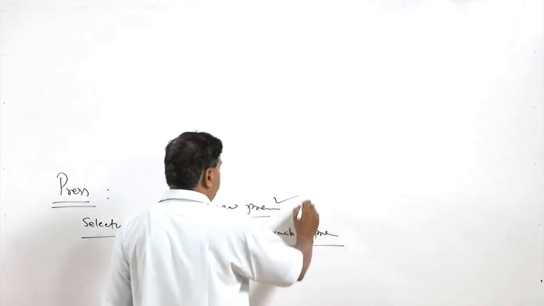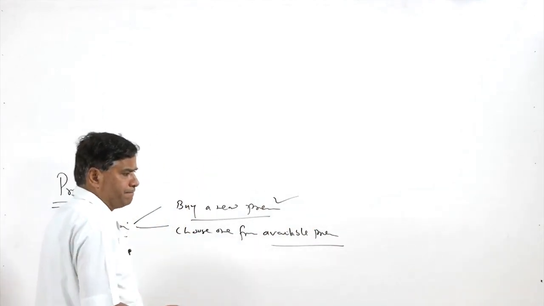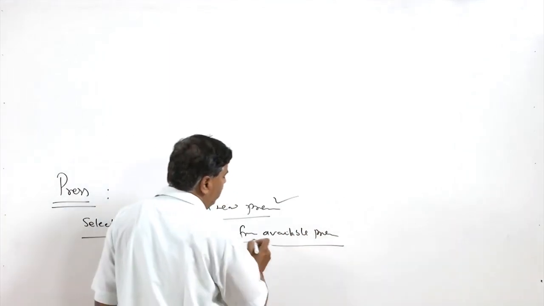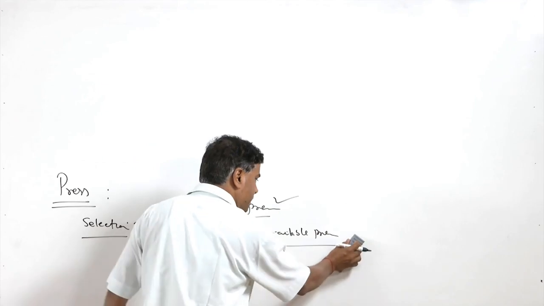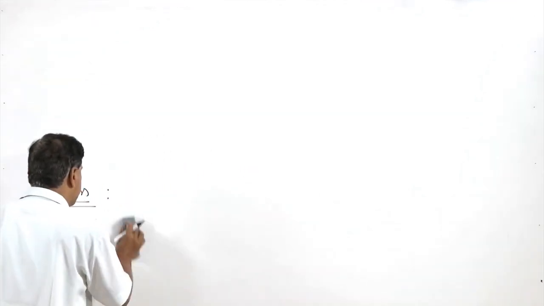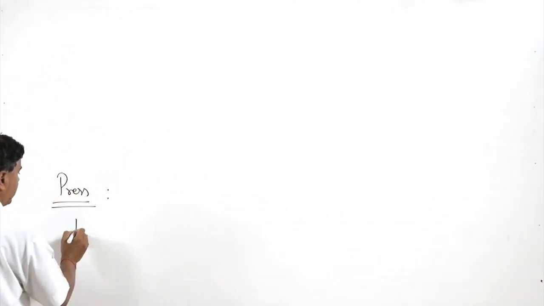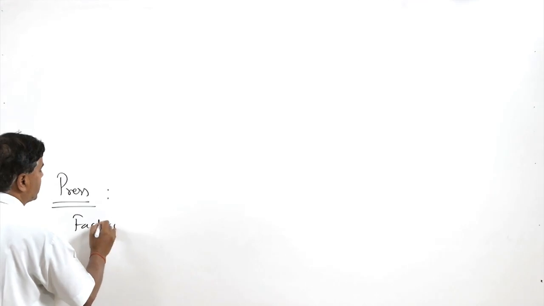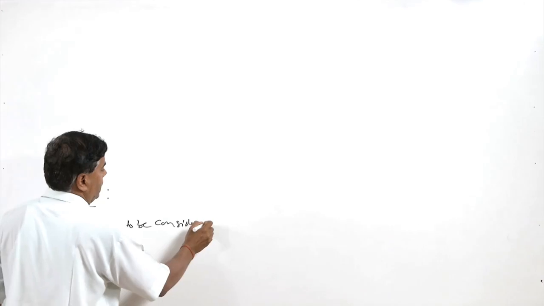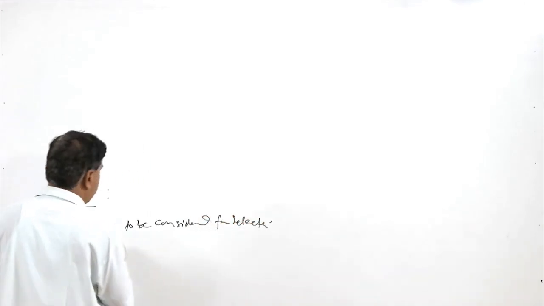In one case we need to buy, so we will go for such kind of press which will be compatible with the die, and in another, if we have a number of presses, then a suitable press can be selected. But what do we need to consider when choosing a particular kind of press? The factors to be considered for selection of the presses include a variety